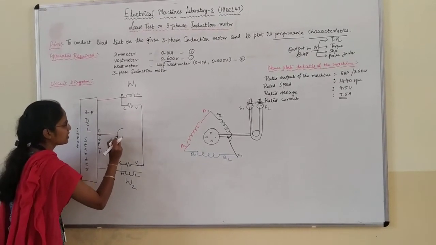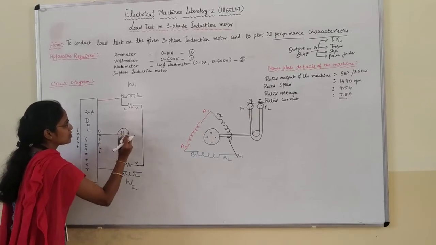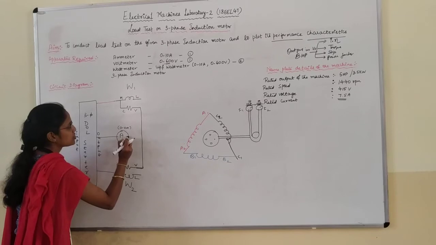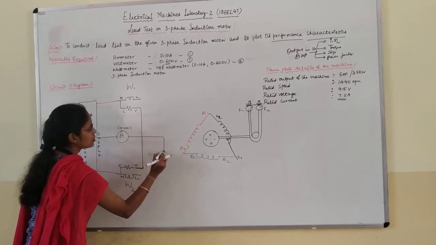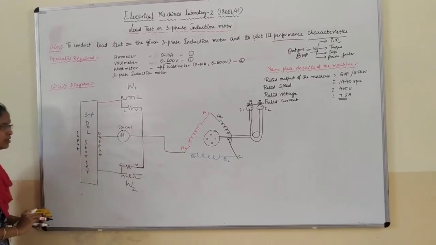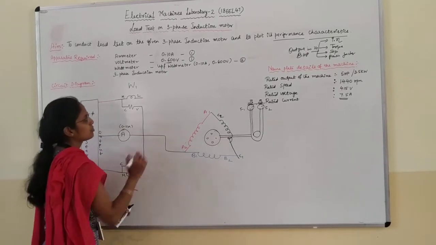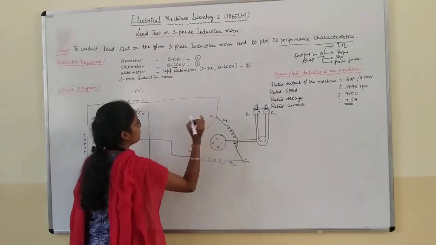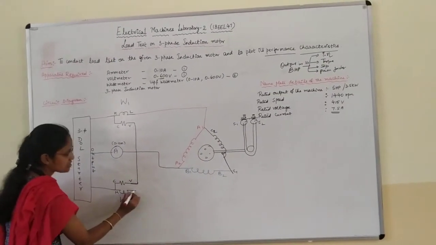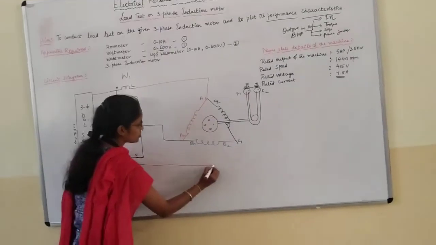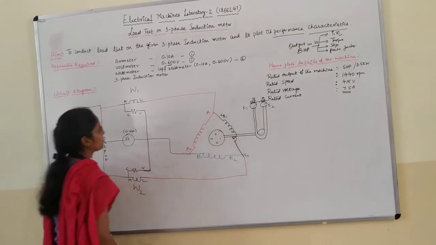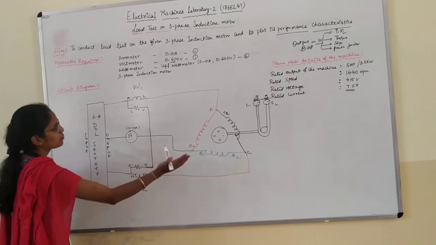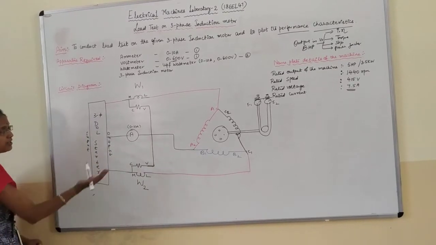So here I am going to make use of one ammeter, which will be of the range of 0 to 10 amps, which is to be connected directly to this part. Similarly, the other side also you can continue. So this L should be connected to this part, and this L stands for load. So that will be connected to this part. So this is how we can perform the connections after the output of a DOL starter.